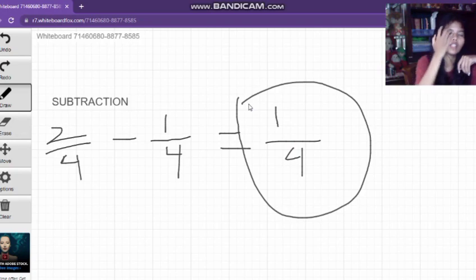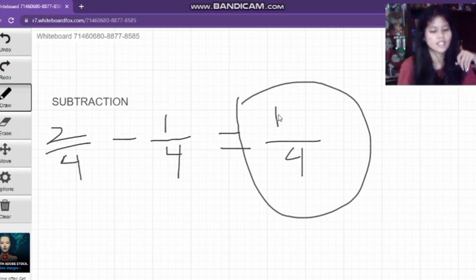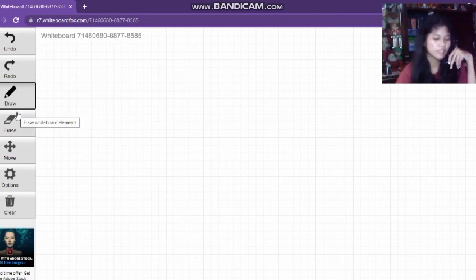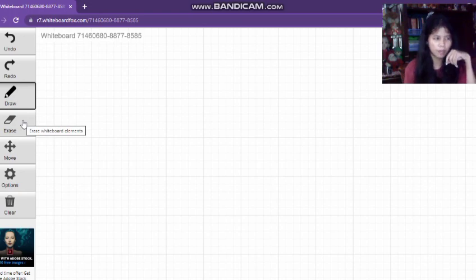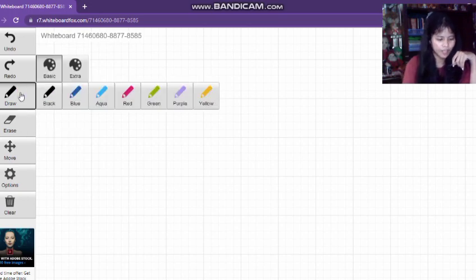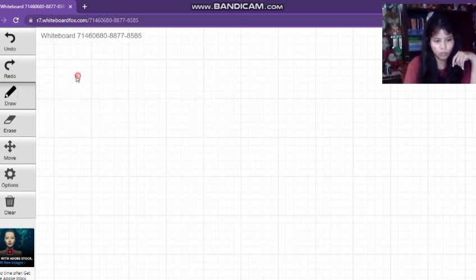Do the way like this. We got 1 over 4 from 2 over 4 minus 1 over 4. But if the denominator is unequal, there are two ways to calculate them. The first is by multiplying the denominators and the numerators. For example, like this. The formula